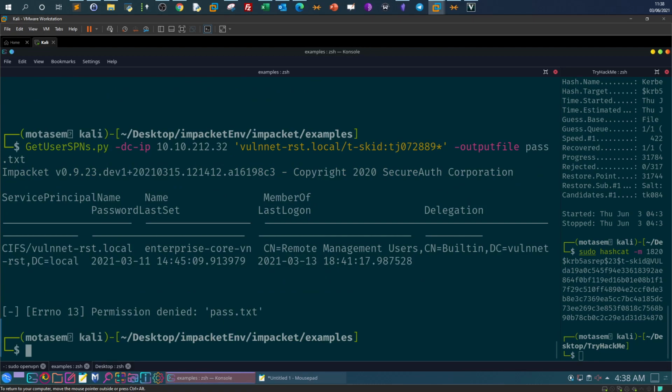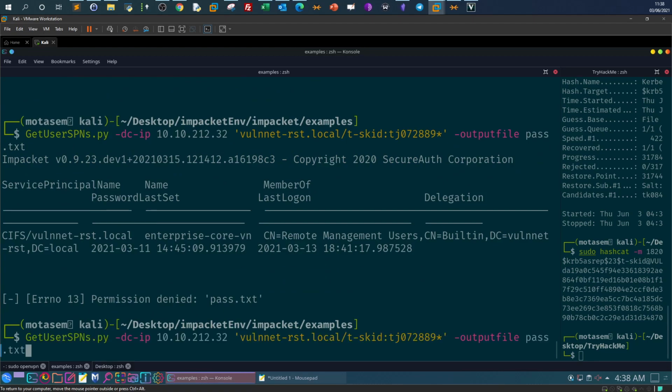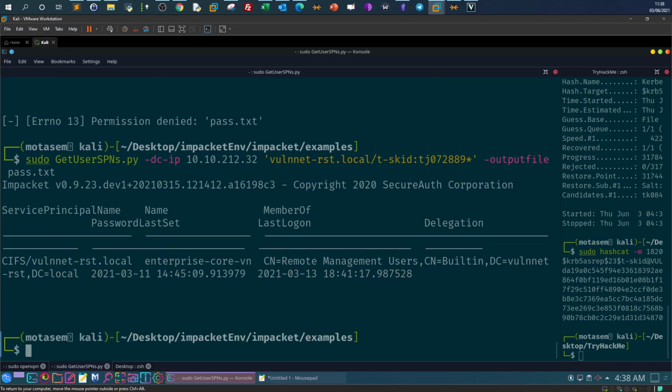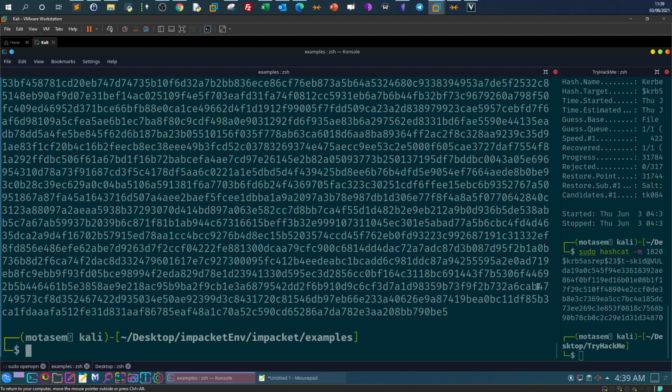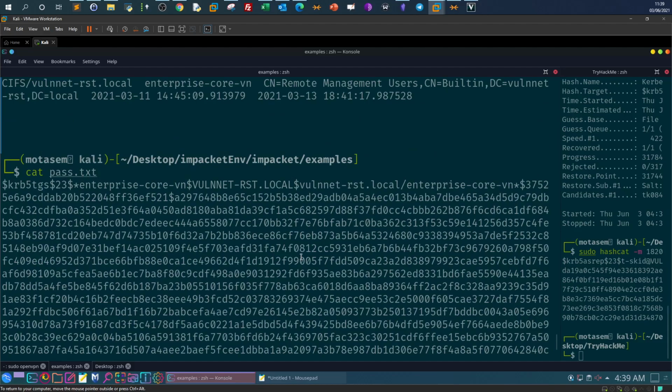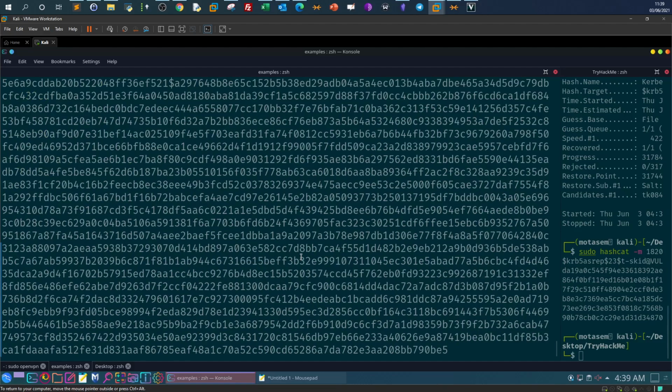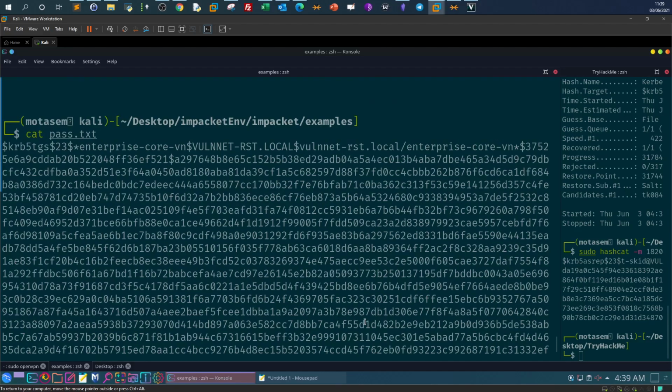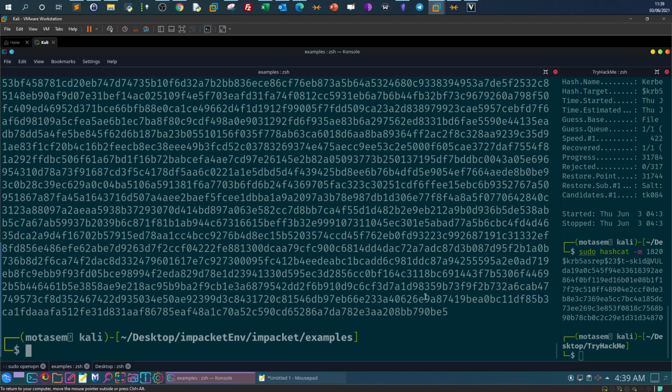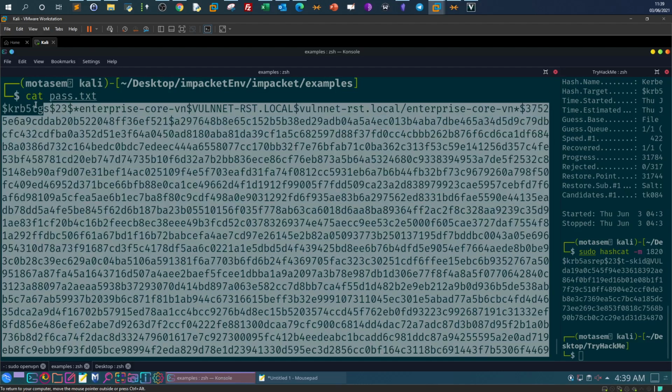Permission denied. Okay, let's use sudo. cat pass.txt. Oh, okay. Now this is the hash, right? Now we copy the hash